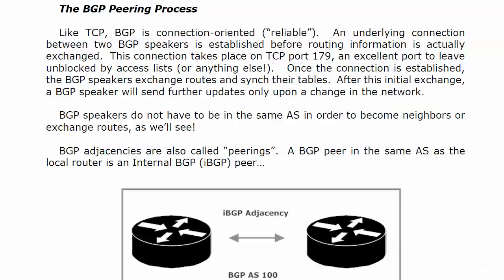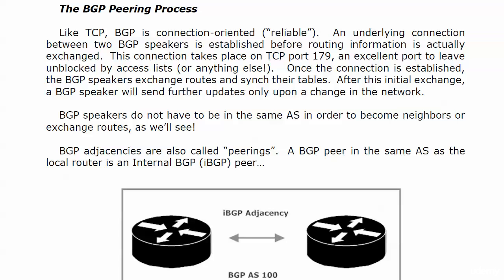We're going to take just a minute or two here to go over some theory of BGP peering before we actually start performing it. And this is very important stuff. You're going to see it's very simple stuff, but it's very important because, of course, without the peerings, we really don't have anything else going on. But also, we have to watch what kind of peerings we have because that's going to impact the operation overall